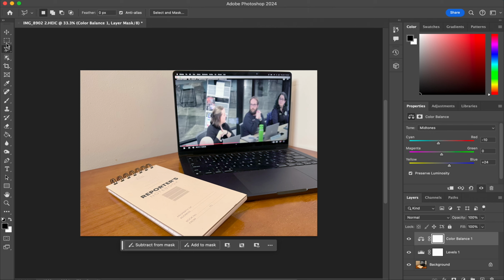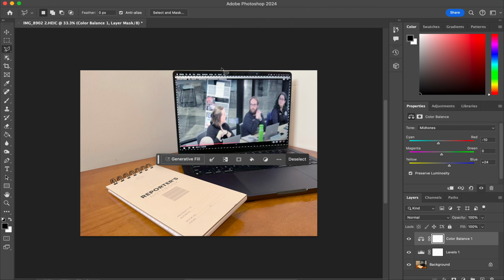What I want to do is attempt to fill in the computer screen here with some different content. Right now it's showing a YouTube video of, I think, some sort of local government meeting. But let's assume we wanted to fill it with something else. I can highlight that area using my selection tool, and it already gives me this option to do generative fill. There's some other options here as well, but let's say we wanted to fill this in with, let's say, a